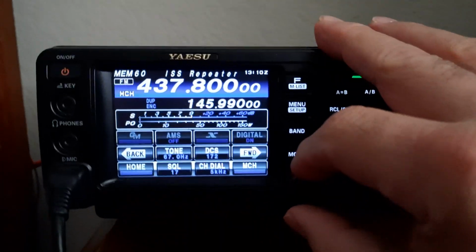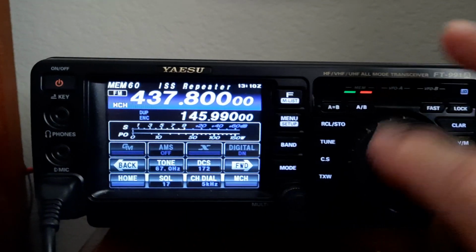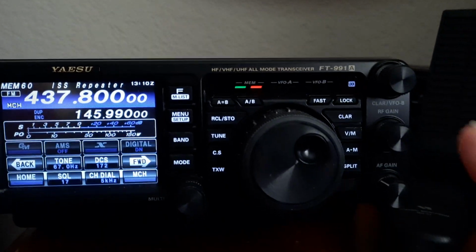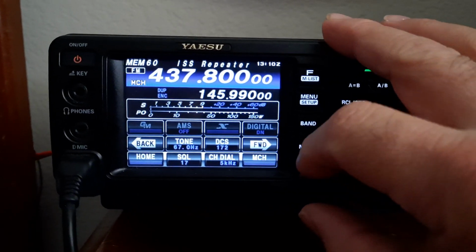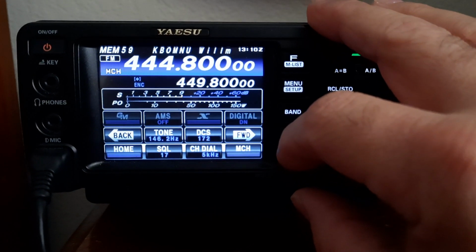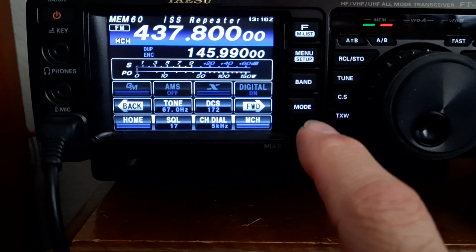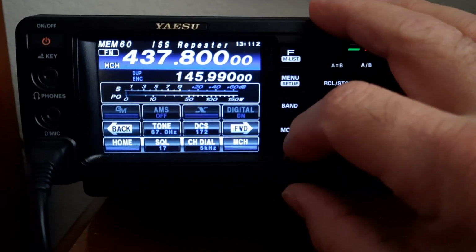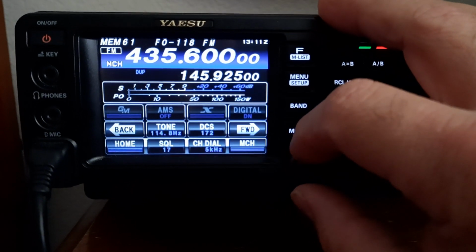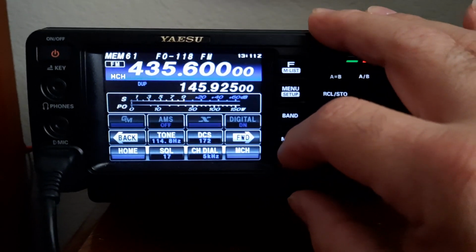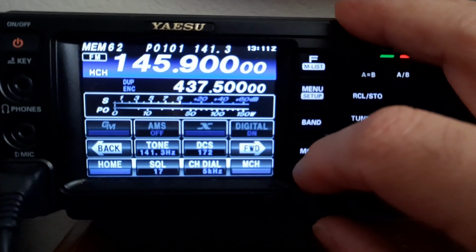Now I have those set up there, and of course I can go and adjust accordingly on the receiver. I like to use my VFO and leave this locked, because I do bump it quite often. So we can adjust with this engaged, the MCH for the memory channel, this multi-button they call it. And so then I put in the ISS, the FO118, and then PO101 with a PL tone of